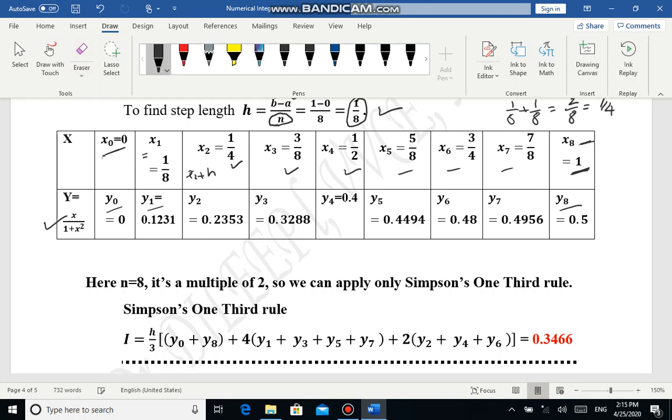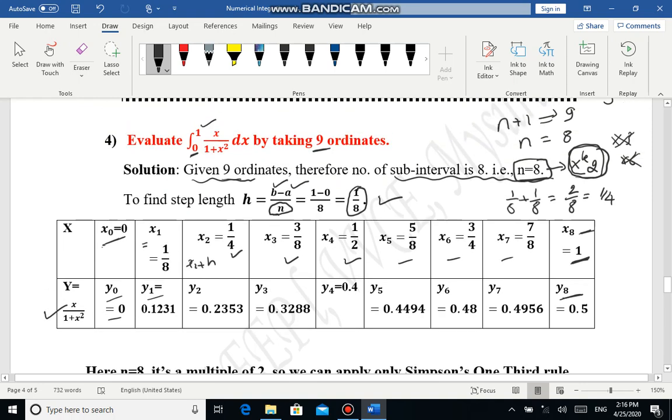So now coming to the point, we need to consider Simpson's 1/3 rule. The formula is step length by 3. Initial value of y is y0. Final value of y is y8 plus, this is the 1/3 rule, 4 into odd suffixes y1, y3, y5, y7 plus 2 into even suffixes y2, y4, y6. Observe here, I am not repeating y8 again. Now substitute all the values here. You will get the required value as 0.3466 for the given definite integral x by 1 plus x square